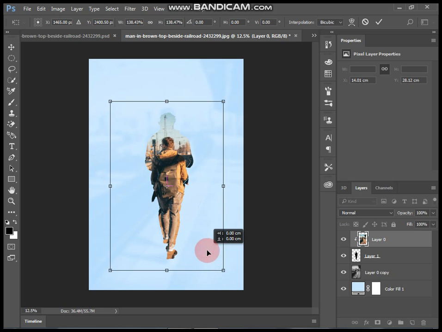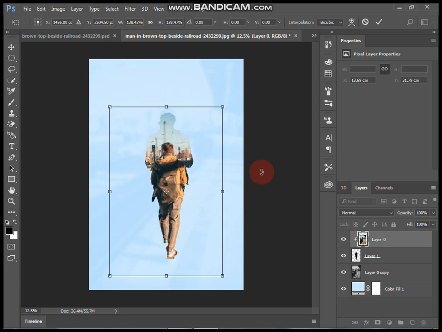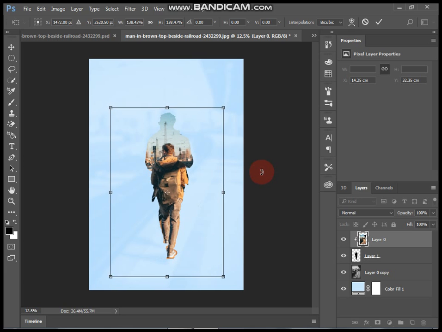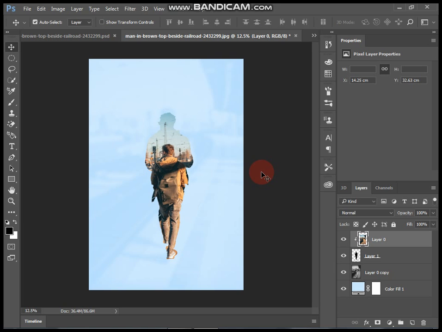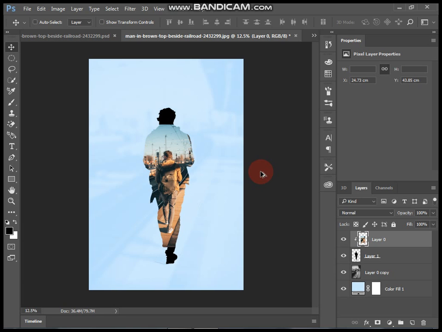Maybe decrease it like that. I guess it's perfectly adjusted, right? Our big guy contained within his silhouette. If we Control Z, yep,